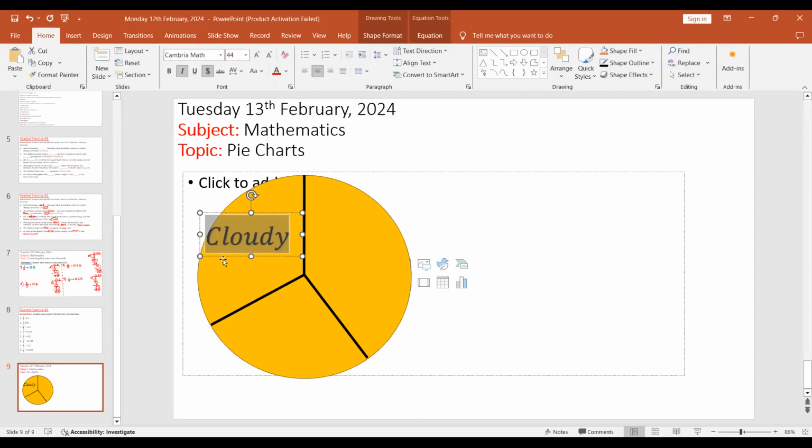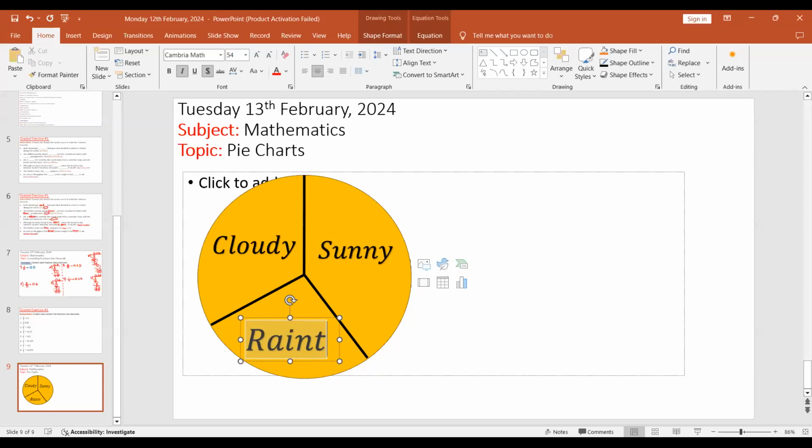So now, let's say after this one, we have cloudy on the side. So we call this cloudy. On this end, let's say we have sunny. So all this is sunny. So we have cloudy, then we have sunny. And then on this end, we have rainy. So cloudy, sunny, and then finally rainy. Okay, so